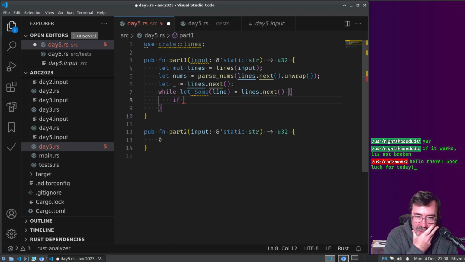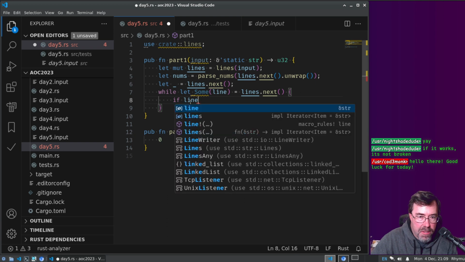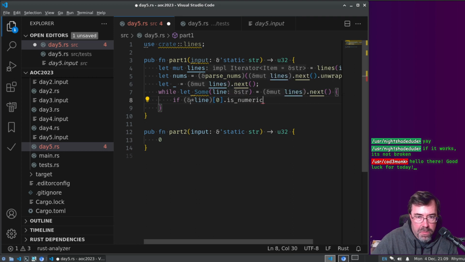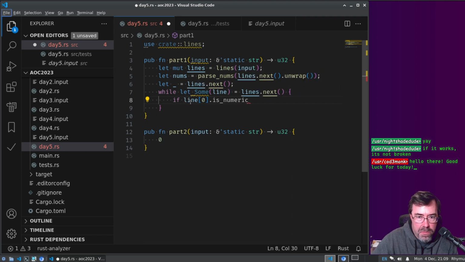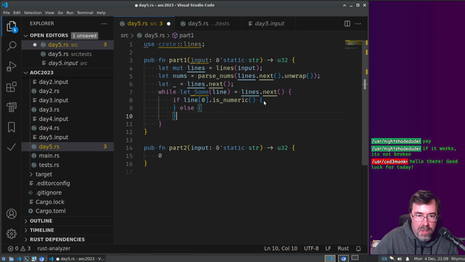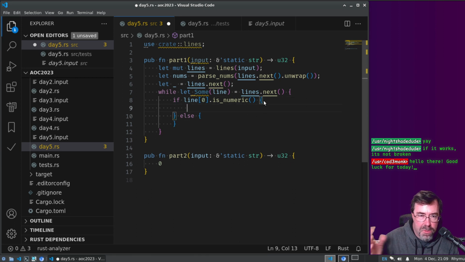Let me think about this. If the line's first character is numeric, then we need to have some kind of object.